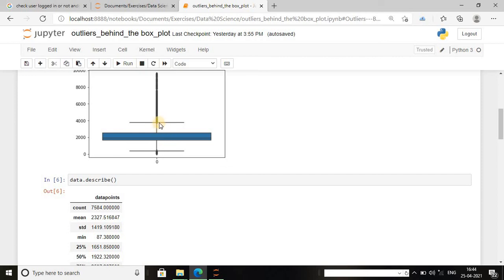The distance between this line and the 75% quartile is the outlier range. This is the upper outlier limit, this is the lower outlier limit, and the observations above the upper limit will be the upper outliers, and those below the lower limit will be the lower outliers.